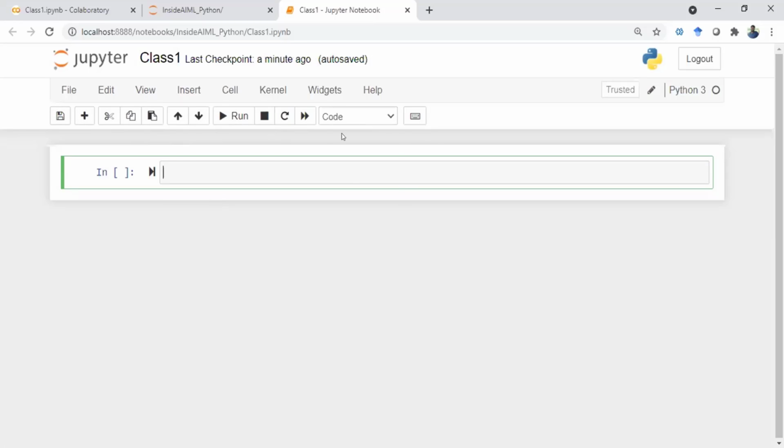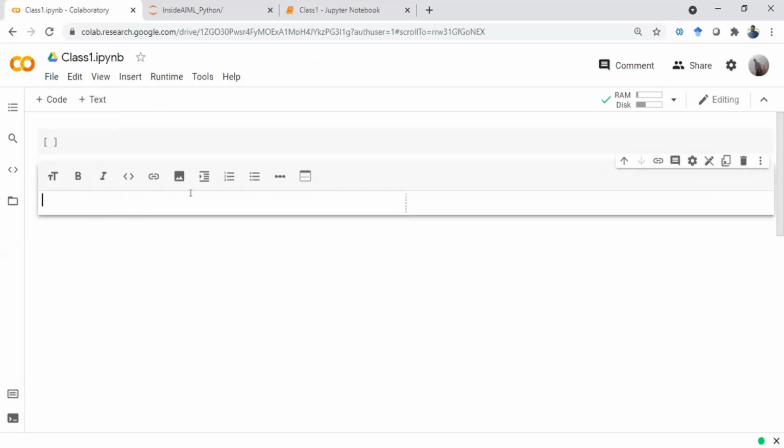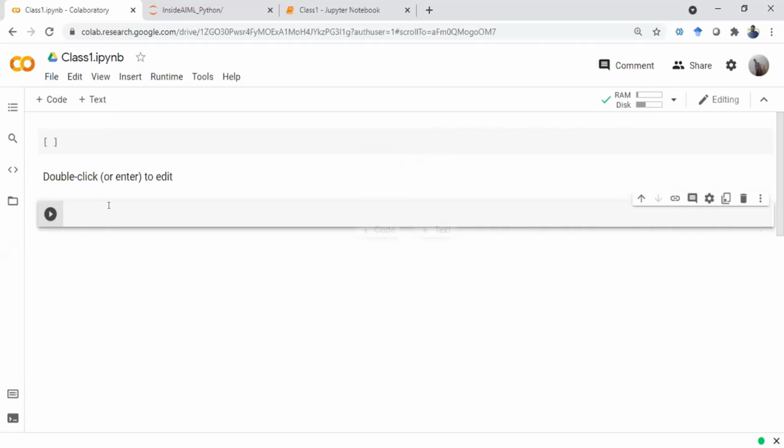And then there is something called Markdown and Code. Okay, there are two things. Don't worry about these two things. They are deprecated for now. You can see this Code and Markdown. So Code is the one which will allow you to type the code, and Markdown is the one which will allow you to type some heading. Okay, so the corresponding thing in Google Colab will be Code or Text. So if you add a text, then that will be like a heading text box. So if you want to add code, you write the code here and run the script.